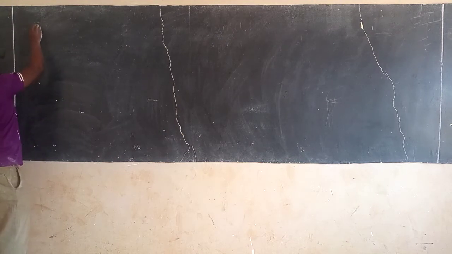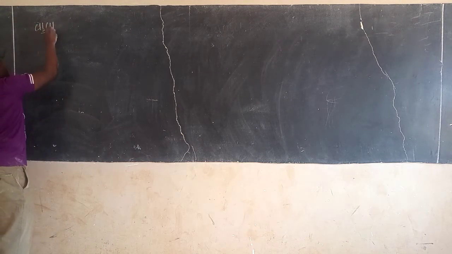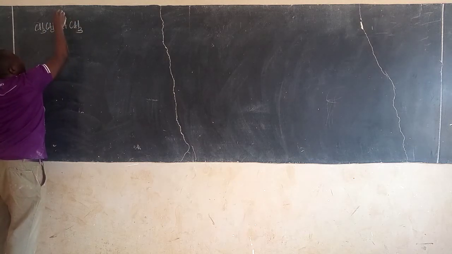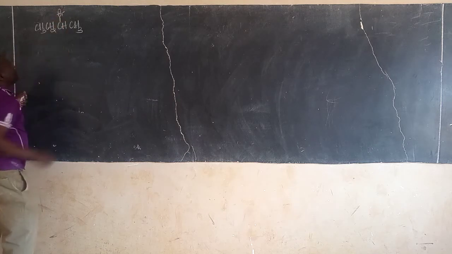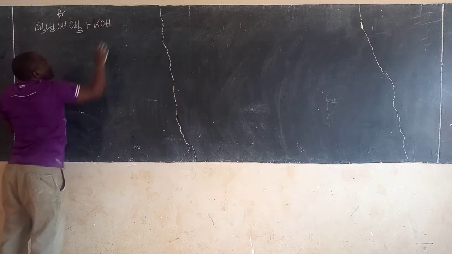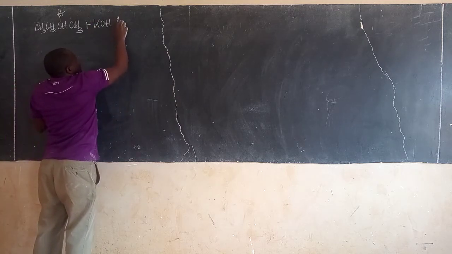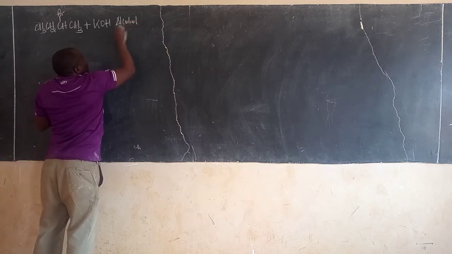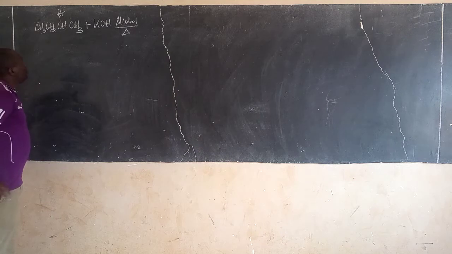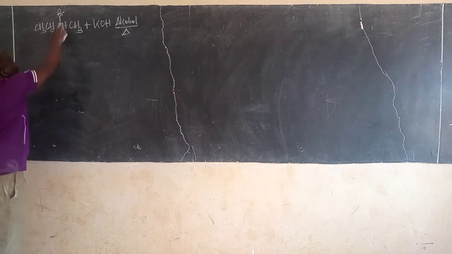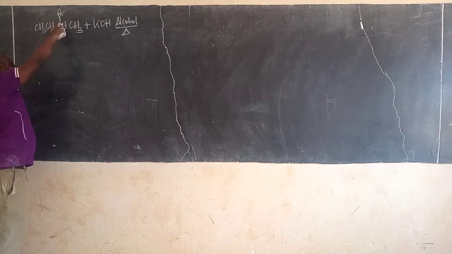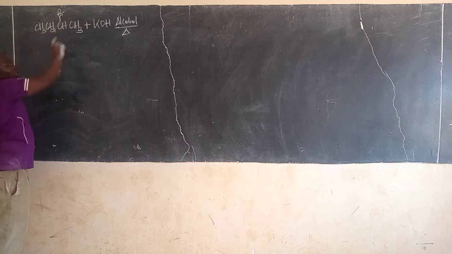Like this, what is the reaction? Let's say CH3, CHCH3, here I'm going to write a bromide, plus concentrated base, which is potassium hydroxide, and the catalyst, alcohol. So this time around we are going to have two beta carbons, because our halogen here has been situated at the interior carbon of these organic compounds.